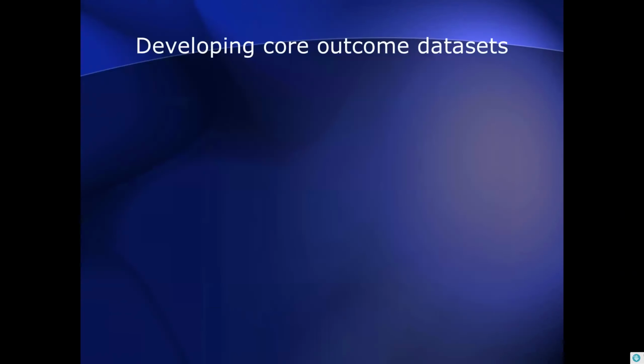The steps that are involved in most core outcome sets that I'm aware of follow a series of steps. There are differences in how those steps might be performed. Often the differences today are relatively subtle, but again, I mentioned there is a need to build the evidence base around some of the decisions that are taken in how core outcome sets are developed. So one first area is defining the scope, defining how broad, how narrow the population, the intervention area that you want to develop the core outcome set for. Identifying the existing knowledge in terms of what outcomes have been measured in the past and are being measured currently.